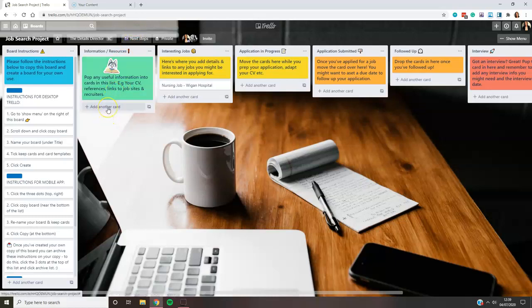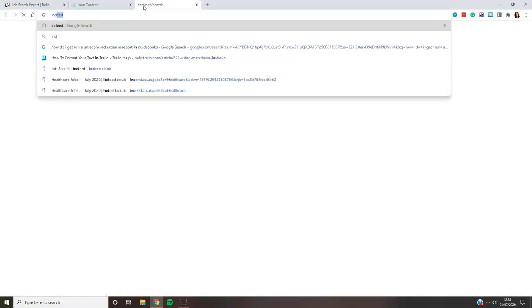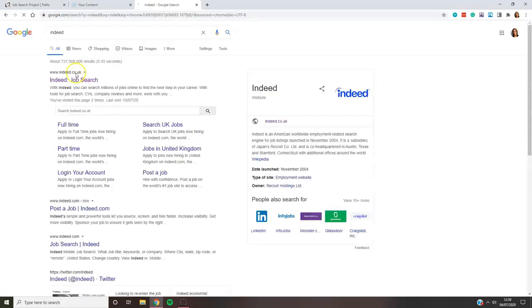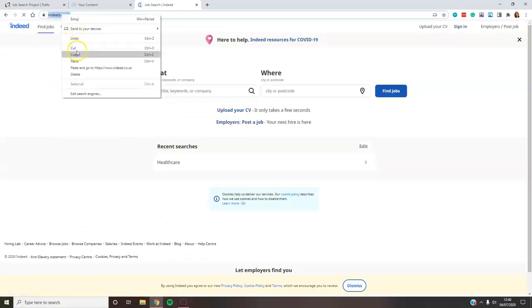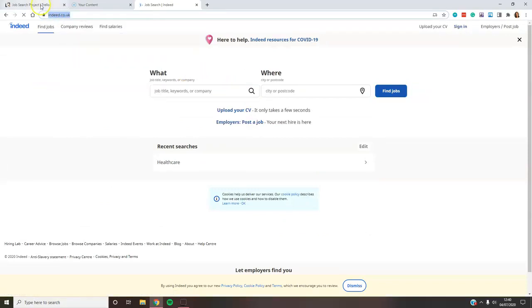So if you wanted to create a card that is a link to a job website, so let me just find one. One that pops to mind is Indeed. You might not use that one, you've probably used other ones, but we'll use this as an example. So it's found Indeed for me, and I'm just going to grab the link to Indeed. In fact, a better way to do that, I'm just going to click in it and copy the link to indeed.co.uk. I'm going to go back to Trello